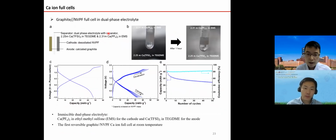Now, we have a stable cathode and a stable anode. The idea that comes directly to our mind is why not combine them together into a calcium ion full cell, right? So yes, we did that, but it was not straightforward and not so successful. If we combine graphite and NVPF cathode, we found that there is incompatibility of the electrolyte between the two sides, because for graphite we need a special electrolyte for co-intercalation, but that electrolyte is not stable at high voltage. For the cathode, we need a high voltage electrolyte, but that electrolyte is